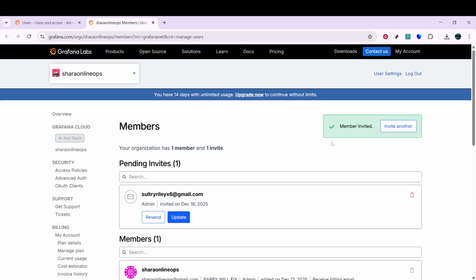That's the full flow. Open your stack's users page, jump to Manage Users on grafana.com, invite a new member, choose the right role, and send the invite. Keeping roles aligned with responsibilities helps maintain a secure and tidy environment, and sending invitations through the central portal makes user access predictable and easy to audit. And that's how you add a user in